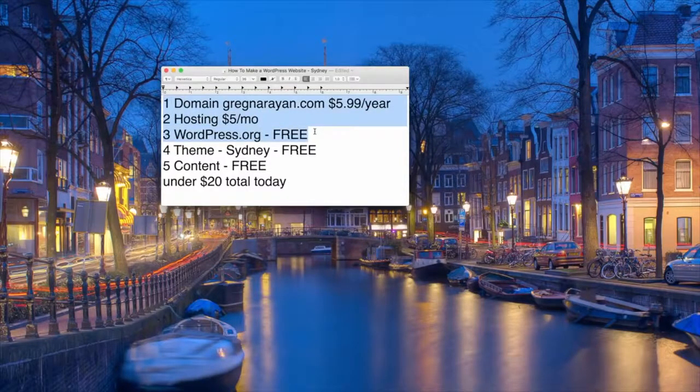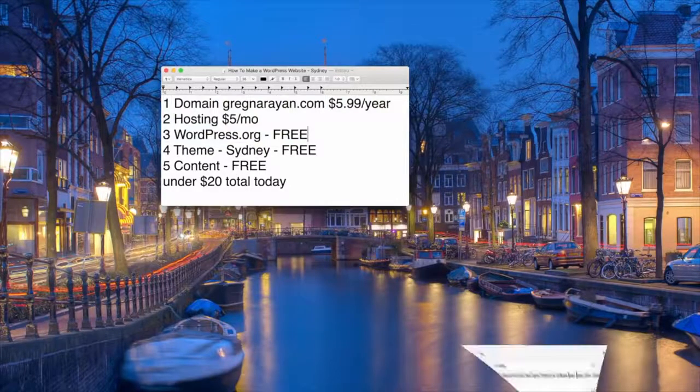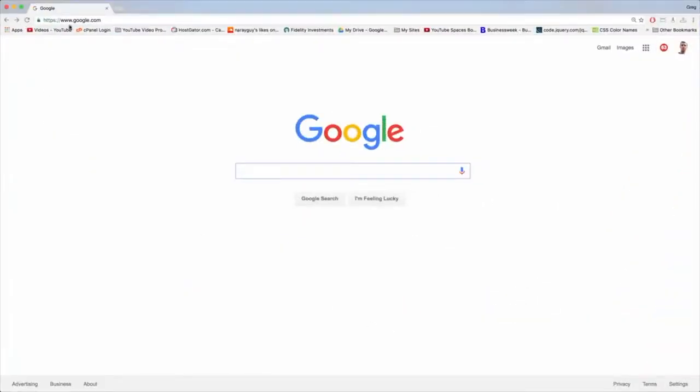In the olden days, it used to be really difficult to connect these three things and to set up self-hosted WordPress like we're going to do right now, but HostGator has made it really easy. So just open up your Google. There's my Google. And in the top bar, just type in